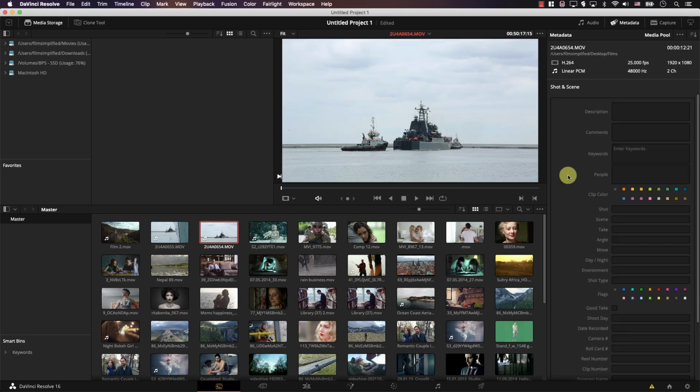The media tab provides some very important extra functionality. For example, the media tab allows us to add metadata. Metadata is simply a fancy word for extra information. So we just add extra information to our files. For example, I can select a file here, and to the right I can add a description about the file. I can add some comments. I can add the people in this file, give it a name. So I'm just adding a lot of extra information to the file.